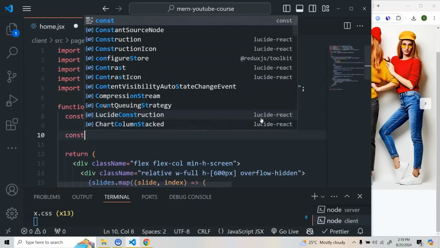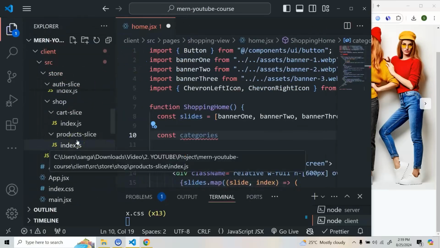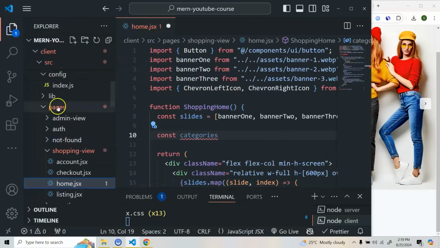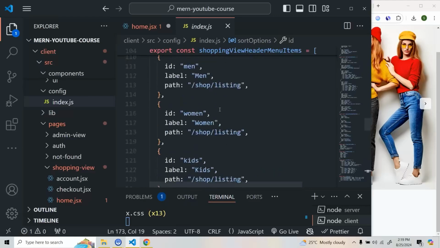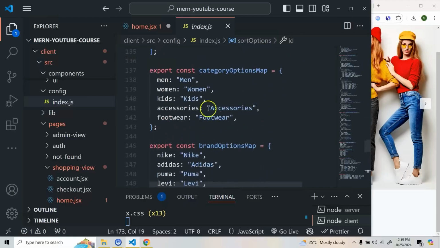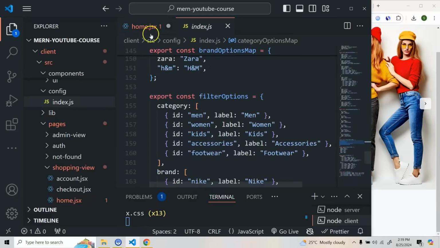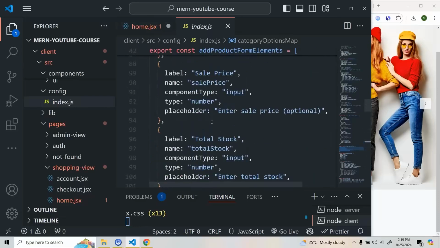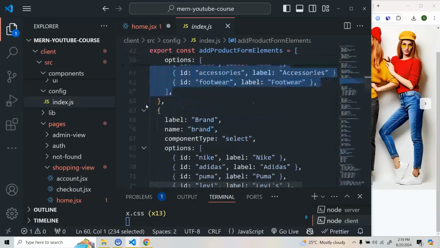So what we'll do, we'll use some categories. I think we already have those categories, the same we can use, but we need to add some icon also. So let's do one thing. We'll go to our config, and if you see here, we have these categories or something. I think we have categories map. This is also we can use, but I think we also need something like icon. So what you can do, let's copy this from here,